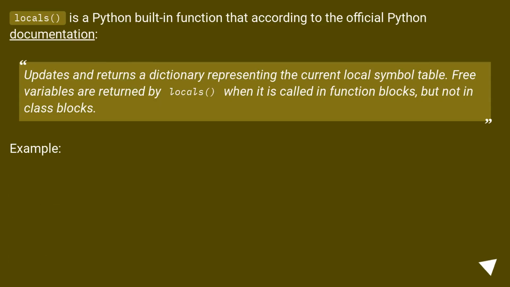Locals is a Python built-in function that, according to the official Python documentation, updates and returns a dictionary representing the current local symbol table. Free variables are returned by locals when it is called in function blocks, but not in class blocks. Example: